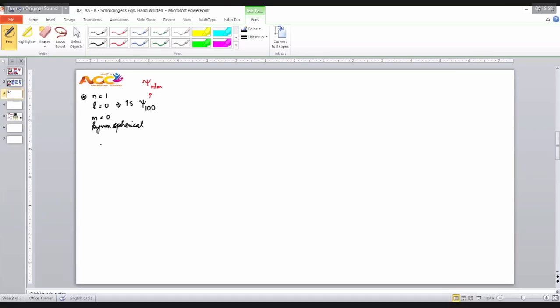Now see here carefully. Right, this is the nucleus. Now, when you have psi 100, your first question is, sir, how many radial nodes? That means, locate the position where there is no chance of finding the electron. Radial node is equal to n minus l minus 1. n is equal to 1, l is equal to 0, so 1 minus 1 is 0. What is the meaning of radial node is 0? Radial node 0 means there is no place where you have no chance of finding the electron.